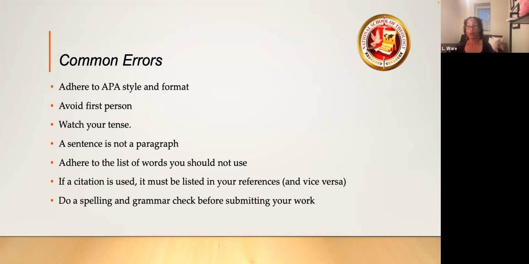So go through, and use the find function in Word. If you had an author Smith of 2020, go back and look for Smith. Make sure that you've got Smith referenced in your reference page, or if you've got them in your references, make sure you've got Smith somewhere as a citation in your text. Does everybody understand what I mean by that? Okay, I want to make sure that's clear.